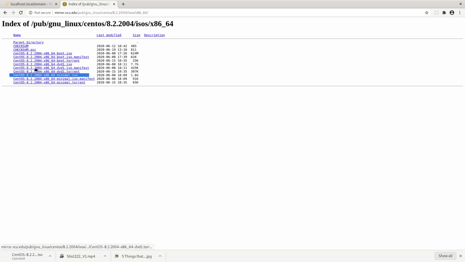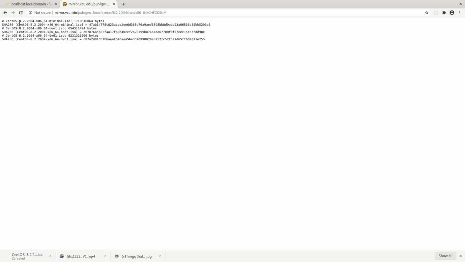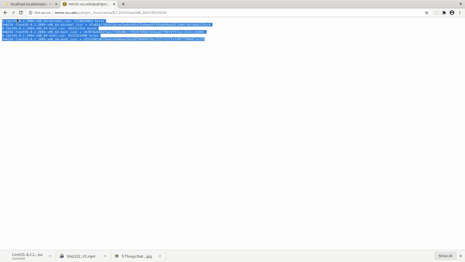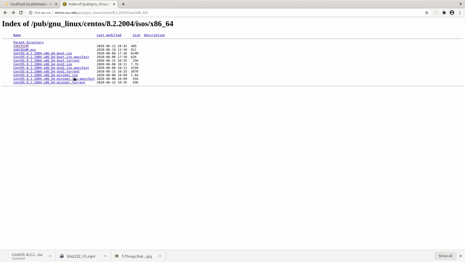So there's 2 things you need to do. First thing, for security reasons, you want to select checksum and download this checksum or copy it to a clipboard or notebook. And you want to go back, and then you want to select download the CentOS DVD. Now once you have that done,